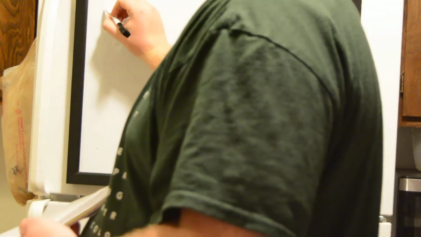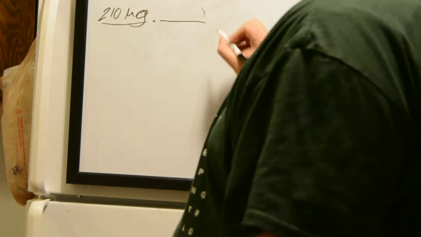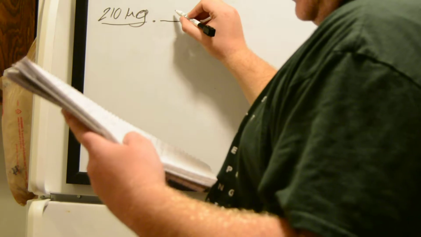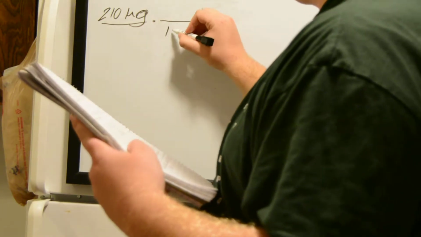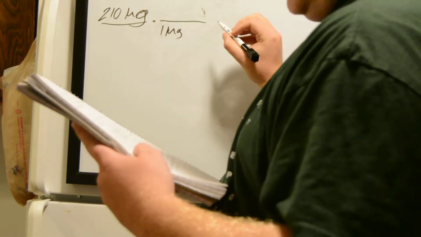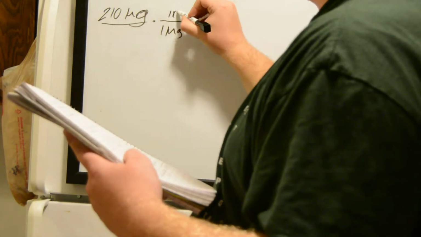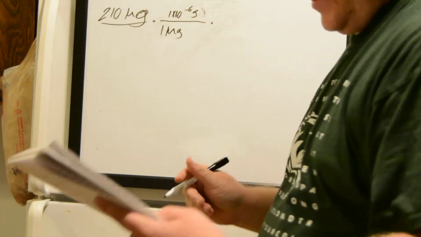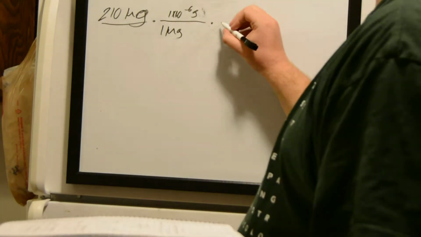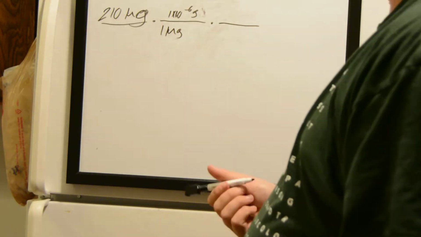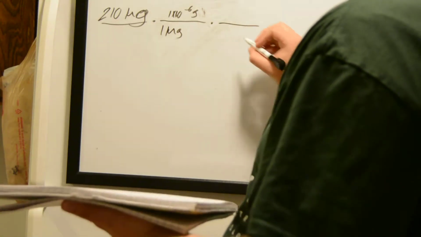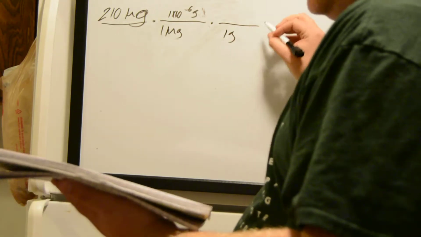So we have that our flea is 210 micrograms. And so we know that 1 microgram is the same as 1 times 10 to the negative 6 grams. And we want to use grams because that has a really nice and easy conversion factor to newtons, which is what we're looking for. So we know that 1 gram is equal to